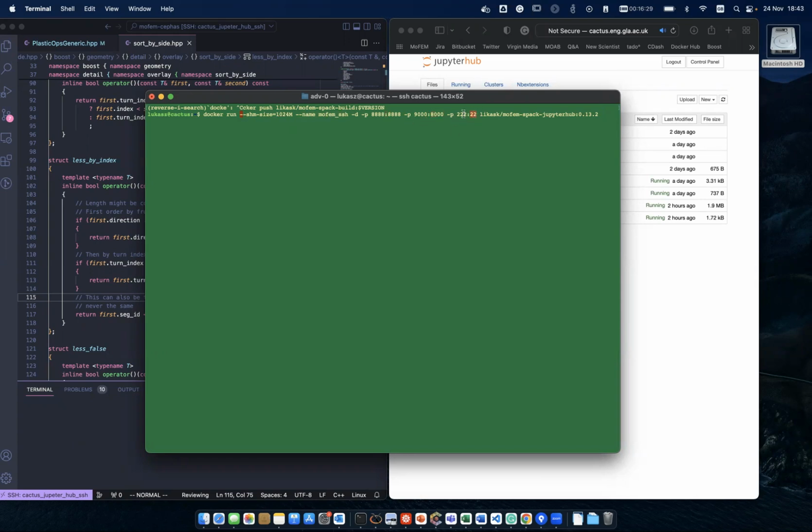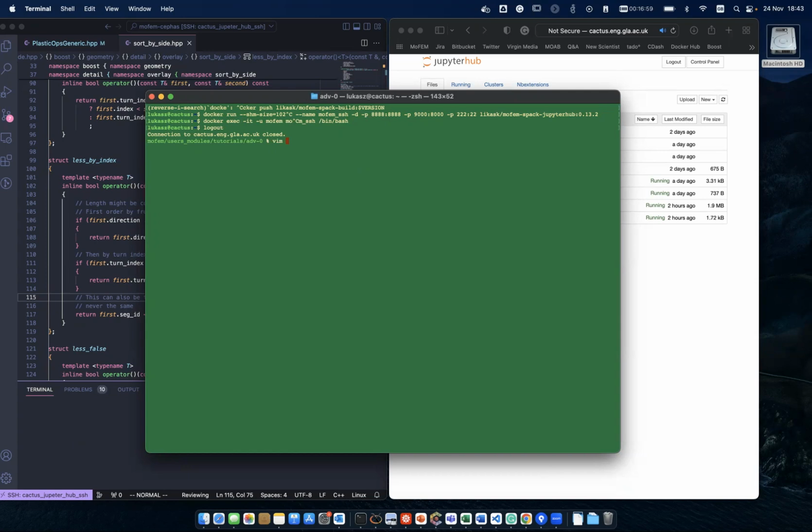So SSH is exposed on port 222, and Jupyter Notebook on port 9000. This is unlikely that you will use it. Okay, once I expose that, I can log in from inside, but this is not what you want to do. In fact, what you really want is to log directly into the notebook from SSH